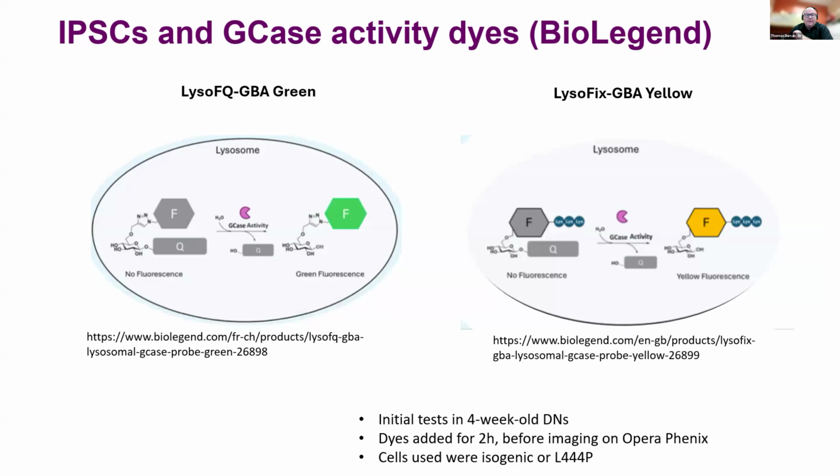Just to give you one or two examples, these are dyes that David Vocadlo's group has developed out at Simon Fraser. They are now commercially available through BioLegend. For years we would do a lot of our GCase activity in formog assays to show that when you make a neuron with these cells, you have diminished activity. We wanted to see if we could have more of an imaging-based approach, and luckily these dyes were developed with the Fox Foundation. We were able to buy them and bring them into the group last year. They've worked really well with our high-content imaging systems, the LISO-FQ and the LISO-FIX. You make your neuron, you add in your dye, and you can monitor changes in activity very quickly.